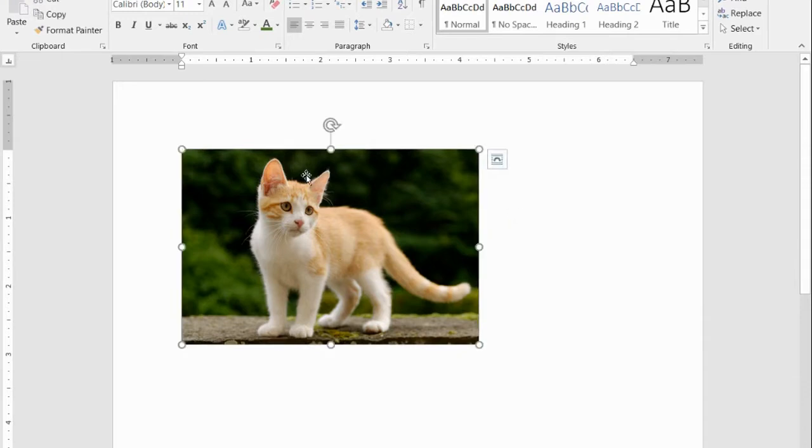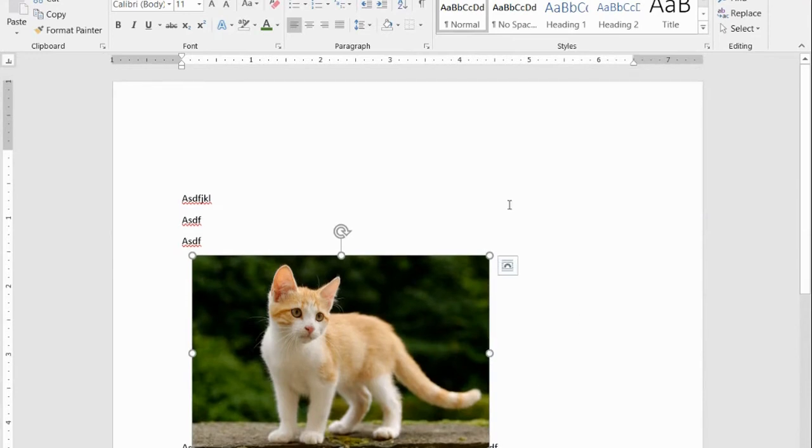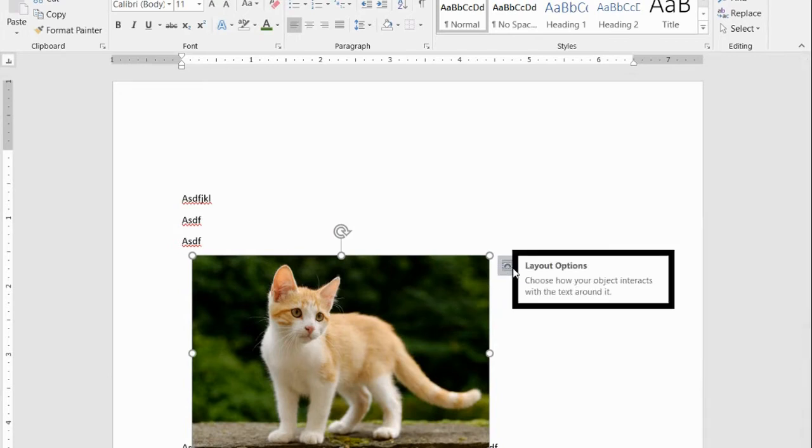Well, right now, I can only move this picture within my text. So I have no text, which means I can't really move it. If I had other text, I could move it somewhere in there, right? I can move it between my text. But I want to make this a floating object. A floating object means that you can move it wherever you want, and then it will follow the rules that it is assigned. So to do that, I'm going to click on this Layout Options button next to my picture,